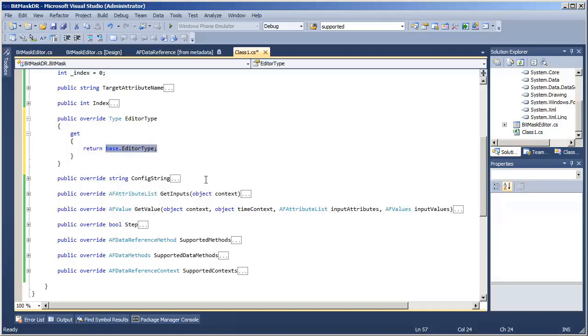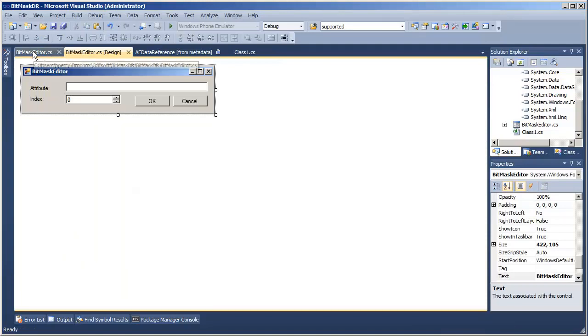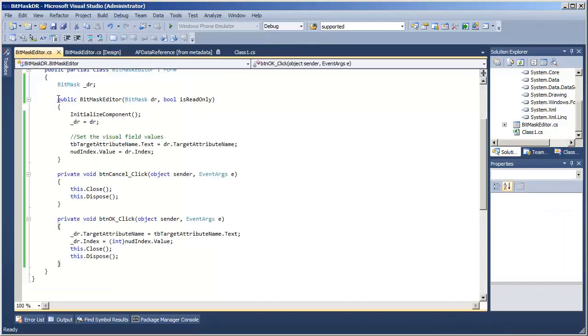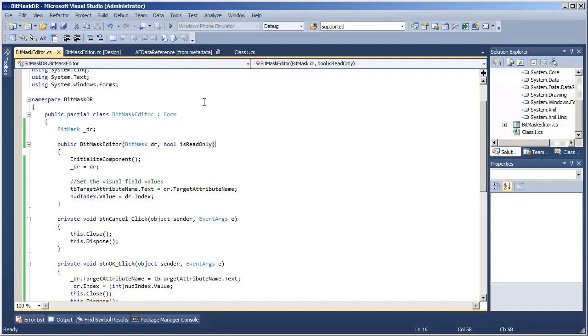And all we need to return is the type of bitmask editor that we just created. So if we say that the editor type is a bitmask editor, and that bitmask editor has the right constructor signature, whatever our data reference class is, as well as a flag for if it's read-only, which we didn't touch in this example, but of course in real life you probably should, we're ready to test this out.